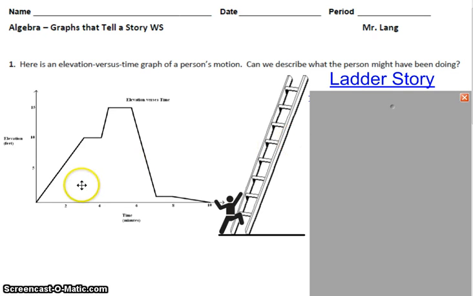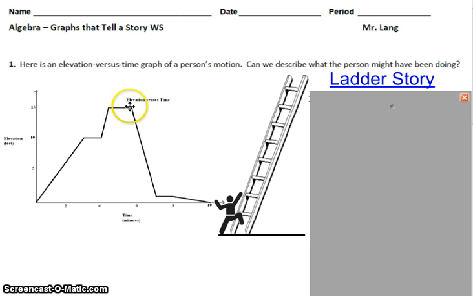And as we look at the graph itself, you see it's broken down into different parts. We call these parts intervals. So this first interval, it's a positive slope here, so the elevation is going up. Then for this part, the slope is 0, so the elevation doesn't change. Then this is a quick interval. It goes up pretty steep up to 15, and then again the elevation doesn't change for, it looks like,